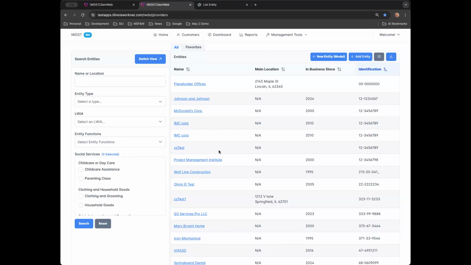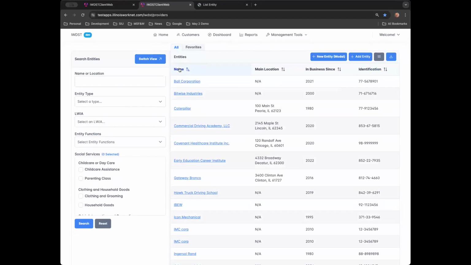I may have missed it, but when you're on the contacts part, was there a place to delete a contact, or do you have to overwrite them? Okay, so